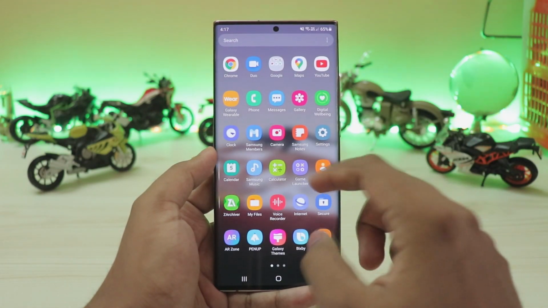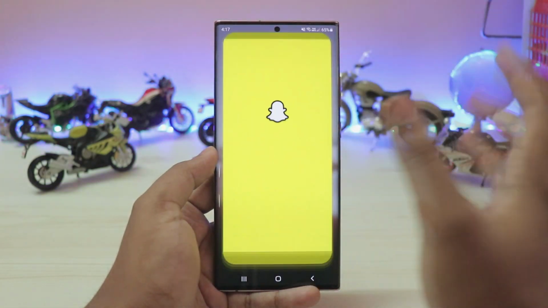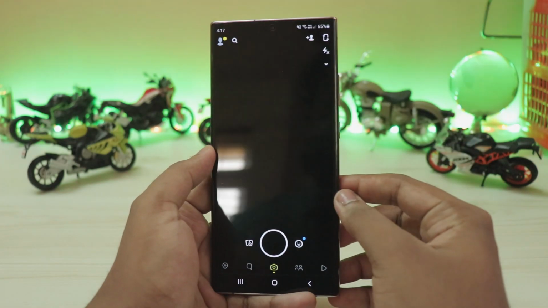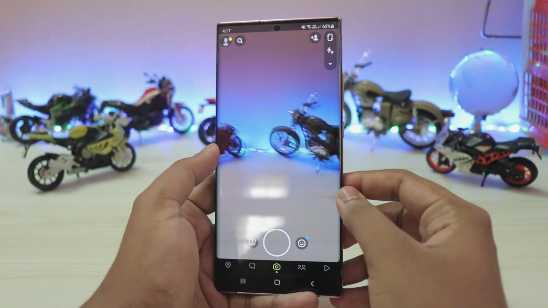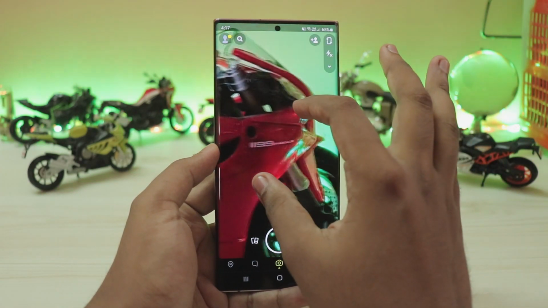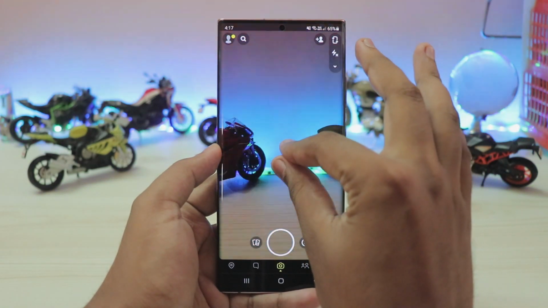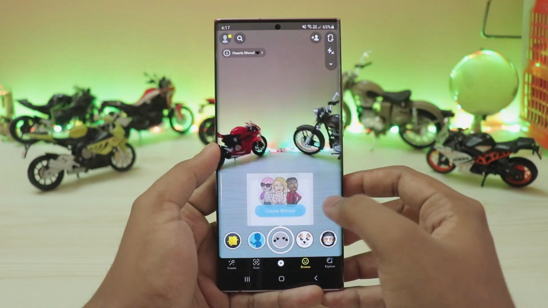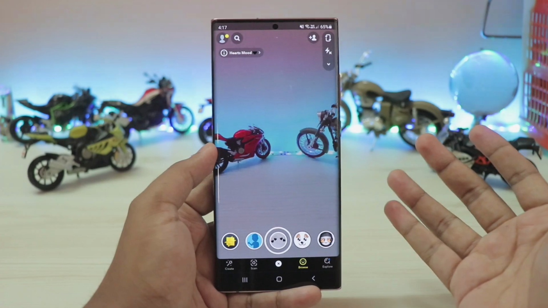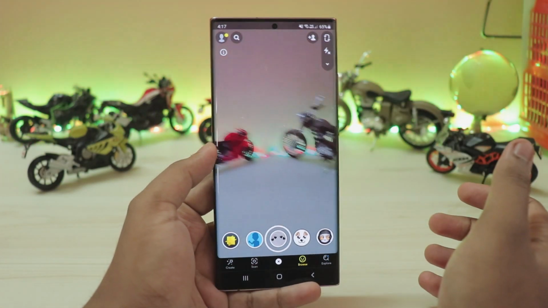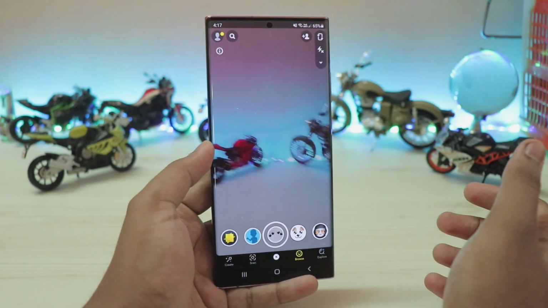As you can see, let's close everything in the background. Even with third party apps like Snapchat, have you ever seen Snapchat open that quick? It's really good. The OS has been working really fine when compared to beta 1. In beta 1 it was almost dead, but the quality over here is far better when compared to One UI 2.5. For example, a few of the filters in Snapchat which didn't detect the camera API would use just 480p screen record, but now it's completely fine.